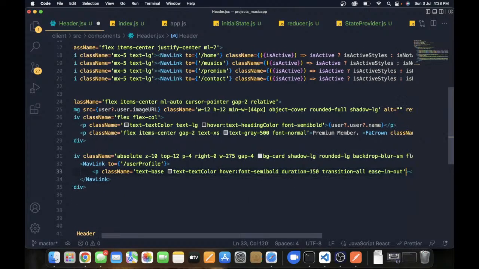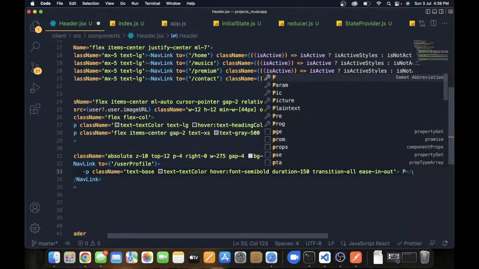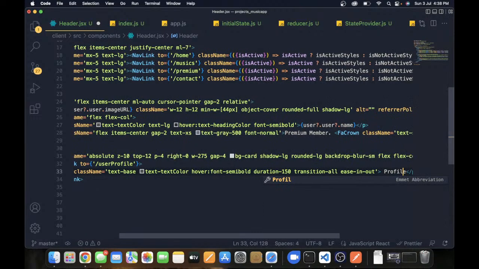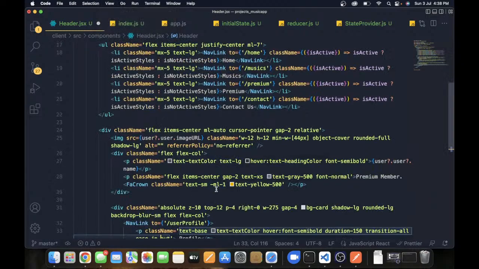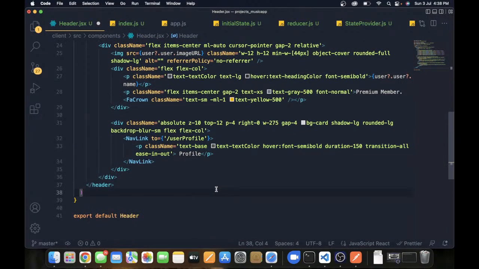Okay, and the profile, the name itself, it's going to be profile. Let's change the view, like word wrap, so that you can see it clearly. Profile, save the changes, and after this,